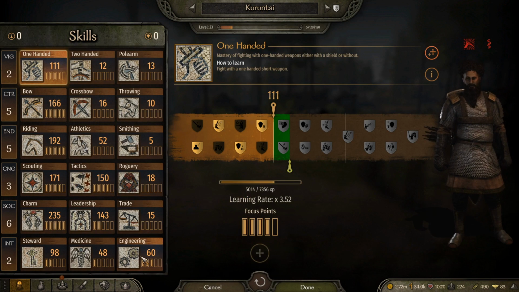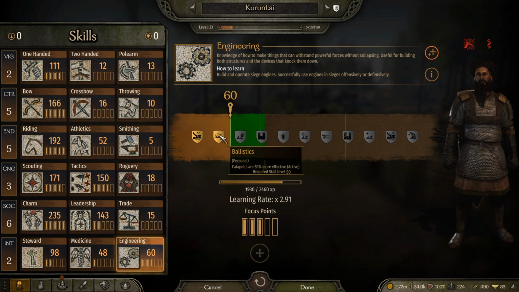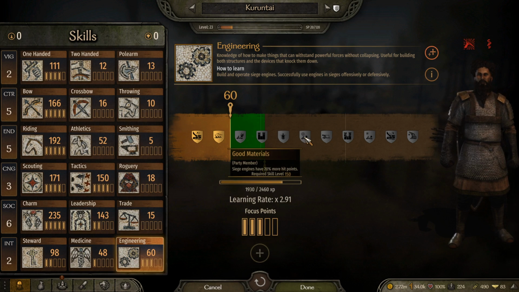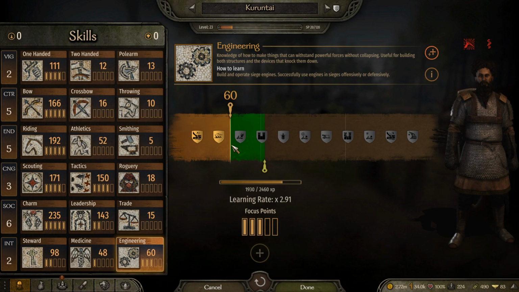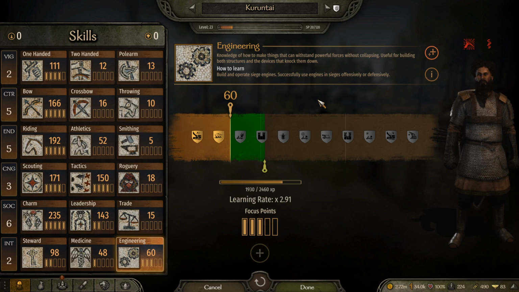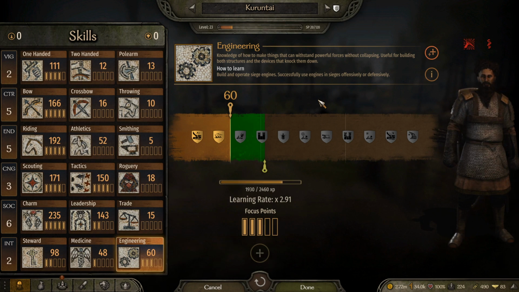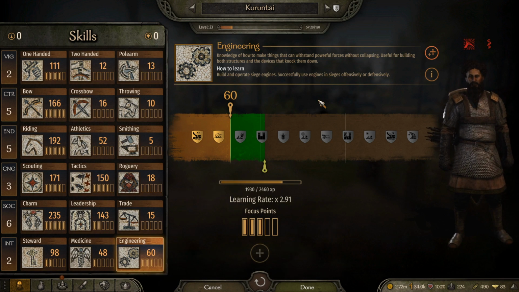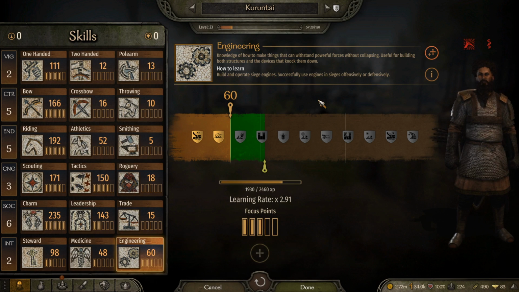a lot earlier. Why? Because if you build siege machines, you can see right here, catapults 30% more effective. There's another one with 20% more hit points. The more you upgrade this, the better your defense and your offense will be, right? And it's very important for offense because if you can get a good amount, let's say trebuchets or catapults, to constantly take down their towers, each time one of their towers or ballistas gets taken down, guess what? You get minus 10 troops, minus 20 troops to their main army. So you can really grind down the castle or the town you're attacking very easily and make it a lot